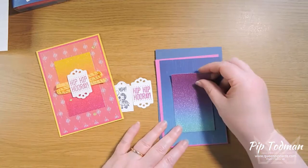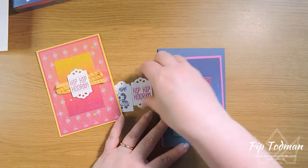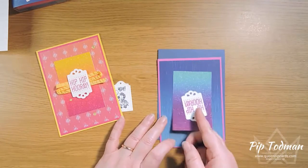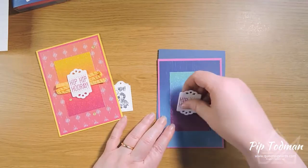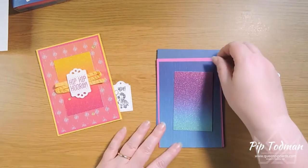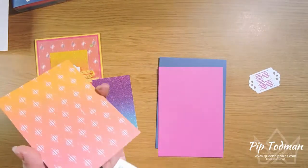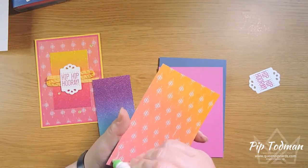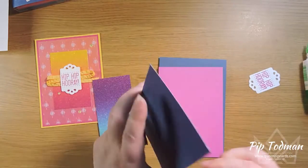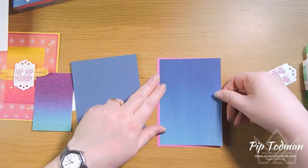So I've just cut mine because I wanted to have something simple behind my die cut element. And I don't know if I'm going to go that way or that way. Ooh, see, this is the tricky bit now, working out which way around it is, but I think I'm going to go that way for this one. I don't know. So we're just going to stick our pieces together. Nothing technical about this card, really, other than the fact that you're using that fabulous die set. And I like the fact that you can just highlight something with a die